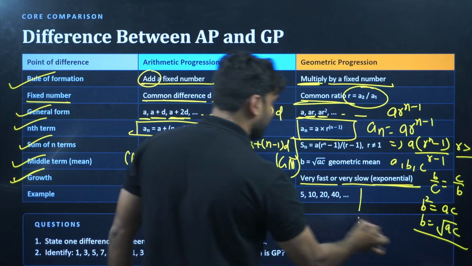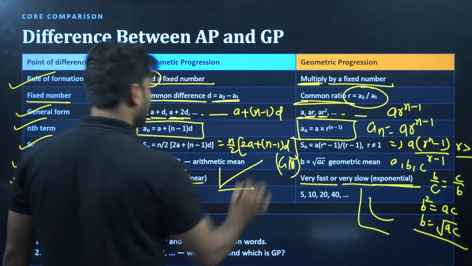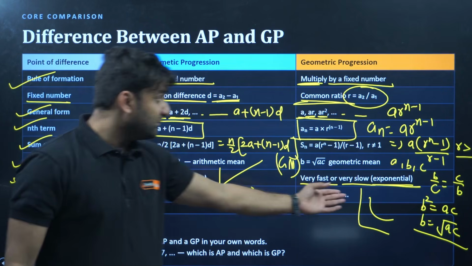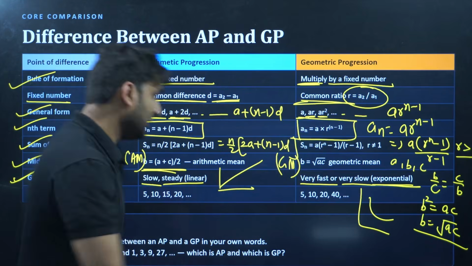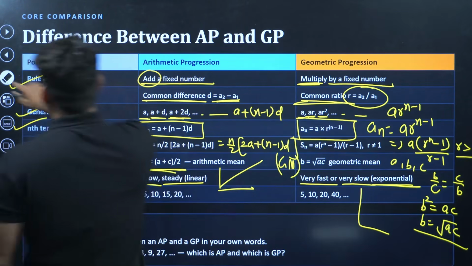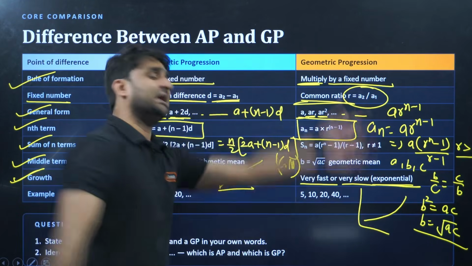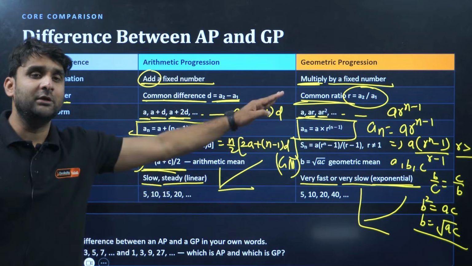If you draw the graph of geometric progression, the graph will come like this. If you draw the graph of this, the graph will be a straight line, because here the numbers are increasing multiplicatively. Clear? No. Okay, let me draw the graph. So the graph will go like this, an exponential graph, drastically increasing, but it will be linear because the